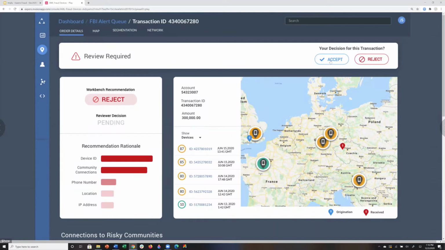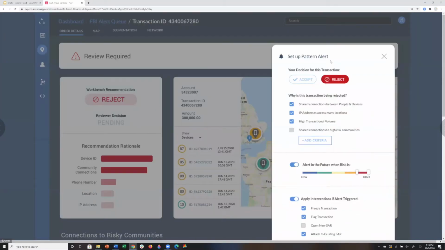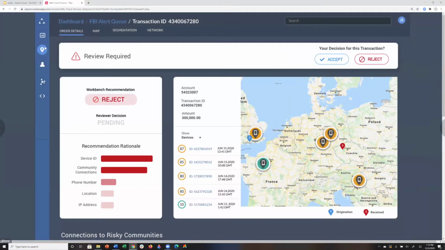Now, here's our human, and he's in the loop or she's in the loop. And what she can do now is she can come in here and say, hey, I want to watch this. This is indeed interesting and anomalous, but it's not yet a SAR or a fraud case. But I do want to watch it. So alert me when this type of activity comes back in again, and maybe I will take action. So you can see here that if the human gives feedback to the system, now you can start to really make it more powerful and stronger. So that is one of our vignettes.